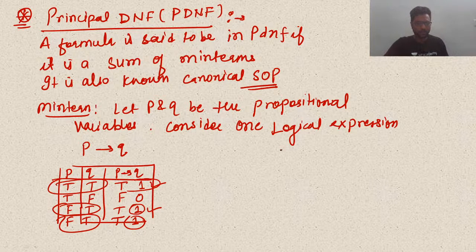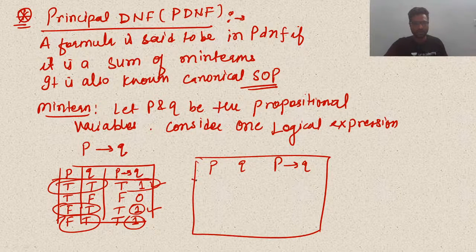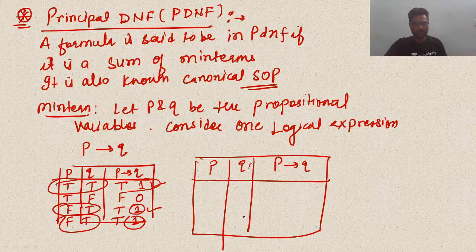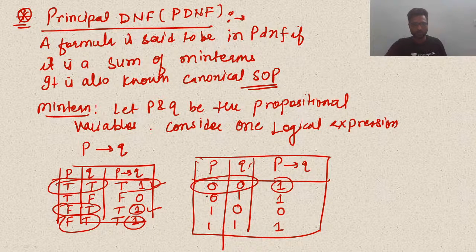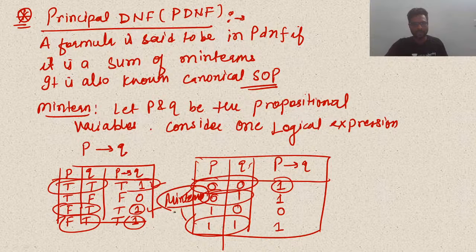If in Boolean algebra we can represent it like that, let's say these values are 0 0, then 0 1, then 1 0, then 1 1. So it will be 1, this one will also be 1, this one will be 0, this one will be 1. So the output is 1 corresponding to three terms. Yes or no? So these three terms are known as minterms, isn't it?